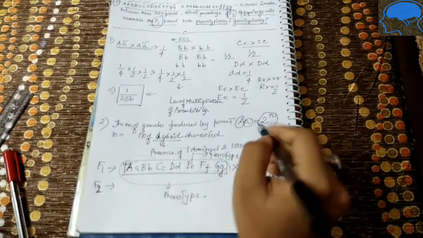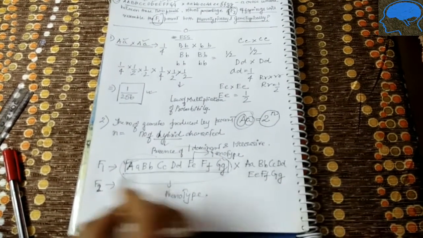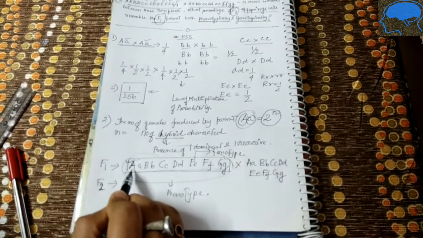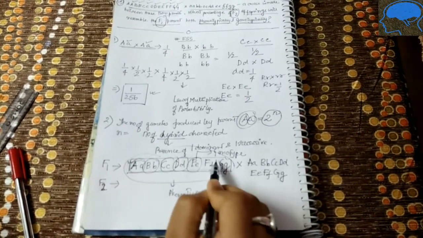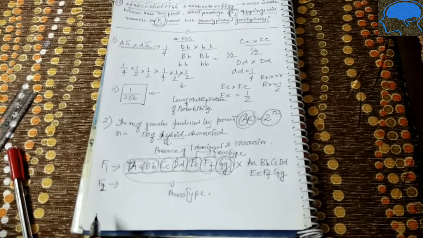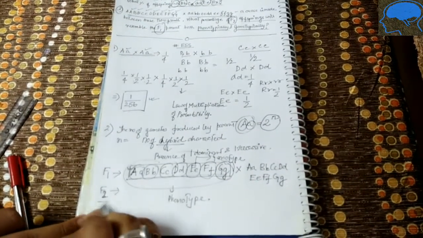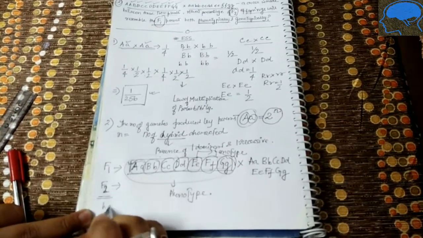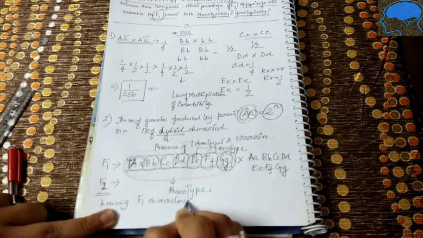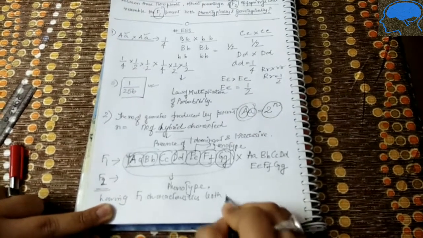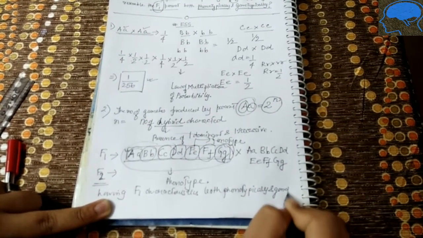I said the number of gametes that will be produced by a particular parent having contradictory alleles is 2 to the power n. So we have one pair of contradictory alleles, two pairs, third, fourth, fifth, sixth, and seventh pair of contradictory alleles. So it comes down to the probability of F2 progenies having F1 characteristics both phenotypically and genotypically,